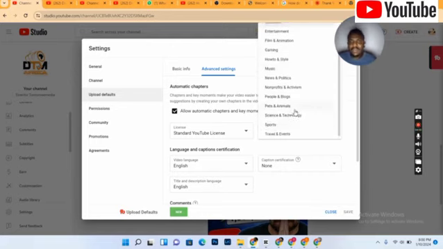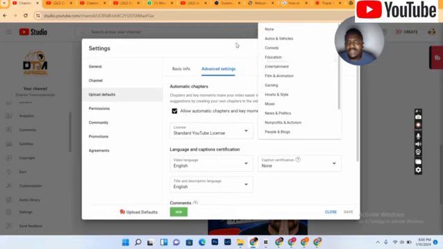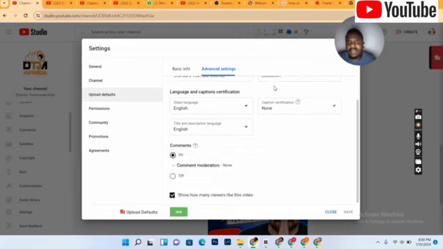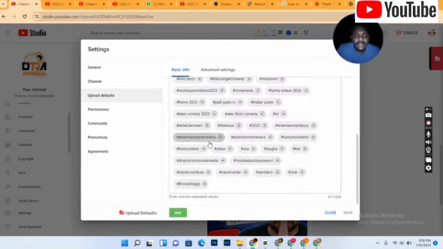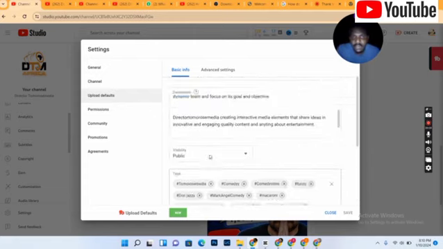Okay, so after you have selected your right niche, you can see mine is under education, you can see there. So now you are done inputting your hashtag carefully. Don't forget, I promise I'm going to teach you guys how to get the right hashtag for your niche, because we all have different niches. I'm going to teach you how you can get your right hashtag with ChatGPT, an AI tool, later on as you progress.